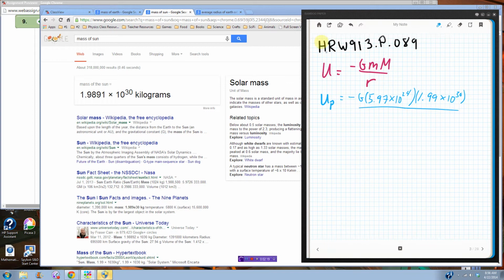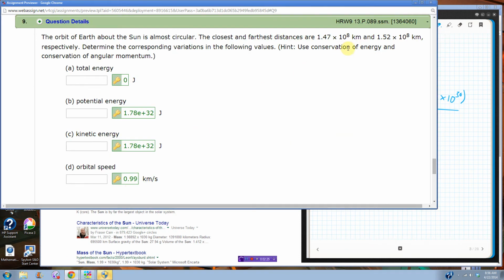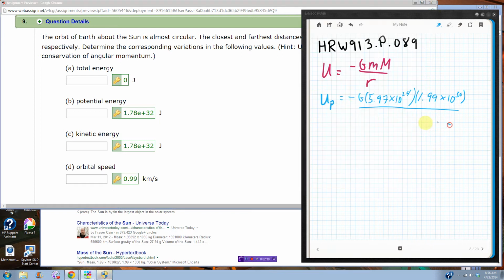And then at perihelion, that is when you're the closest, so that is going to be 1.47 times 10 to the 8th kilometers. So that's 1.47 times 10 to the 11th meters. Remember, everything's got to be in standard units. I really should be putting units everywhere. I just don't want to. Okay, G is 6.67 times 10 to the negative 11th. So put that all in your calculator, and we'll find the potential energy of the Earth-Sun system at perihelion is